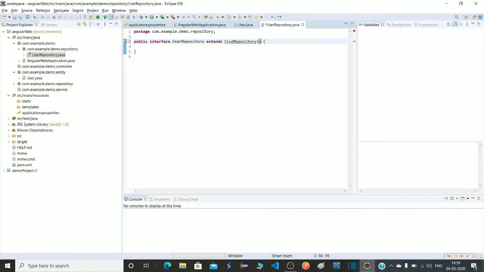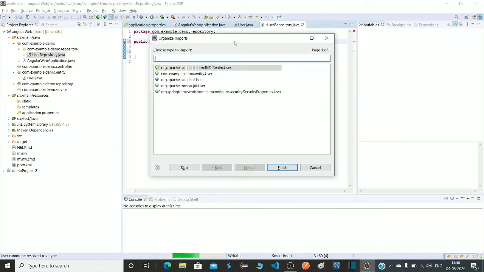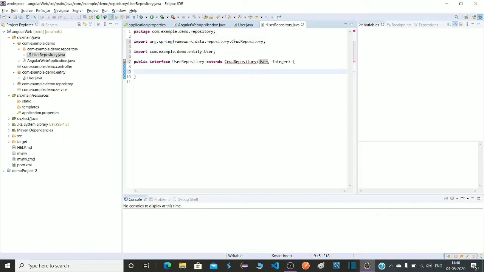It will take types, so in our case the type is User and the ID type is Integer. Okay, so it is all done. It needs to be imported. For that you can press Ctrl Shift O, select this one, and press finish. Okay, it's done.